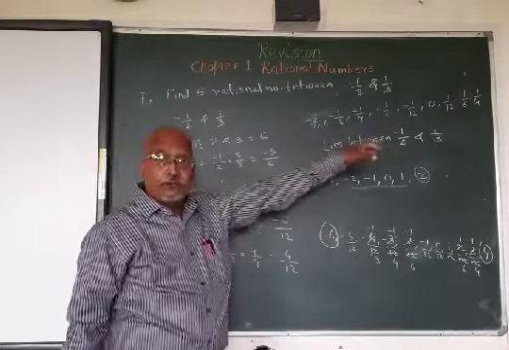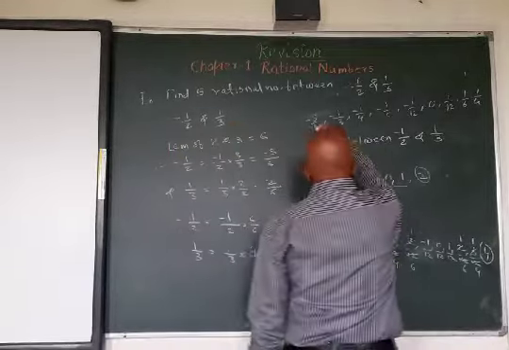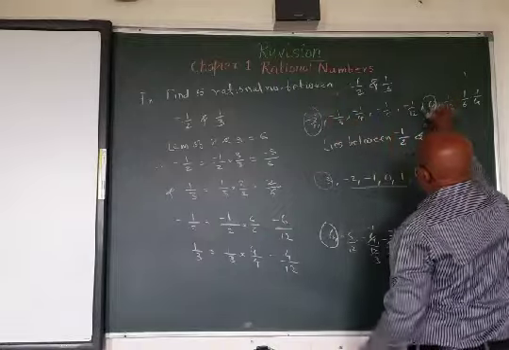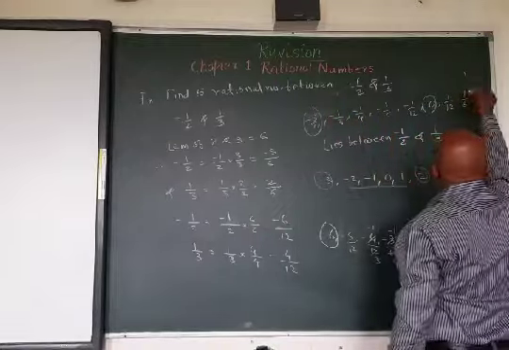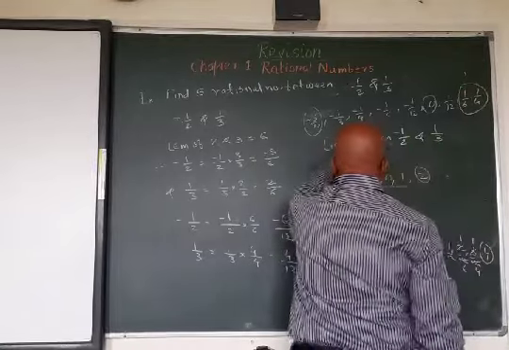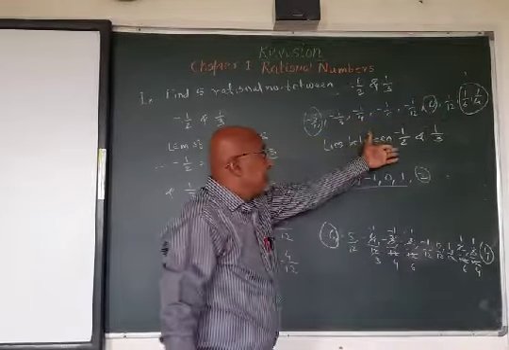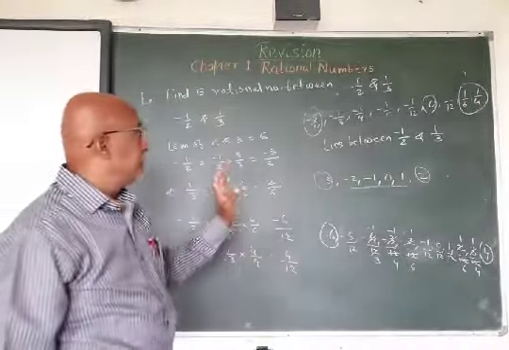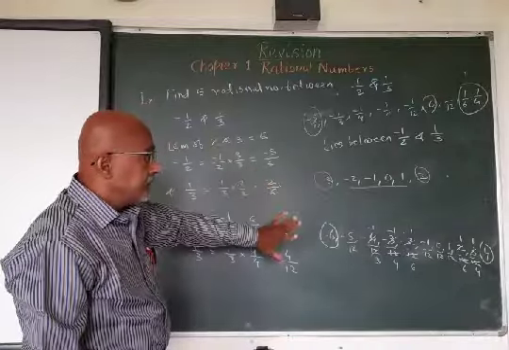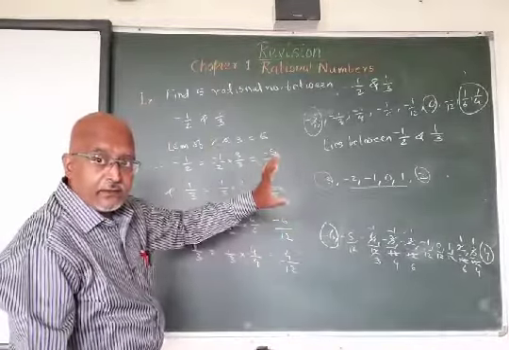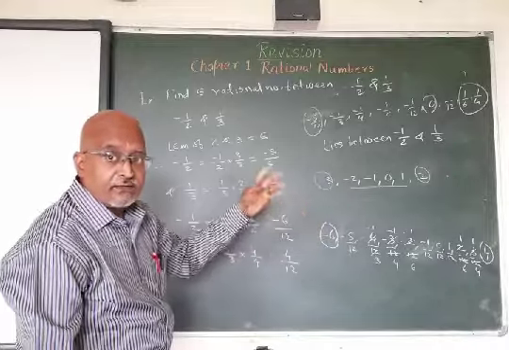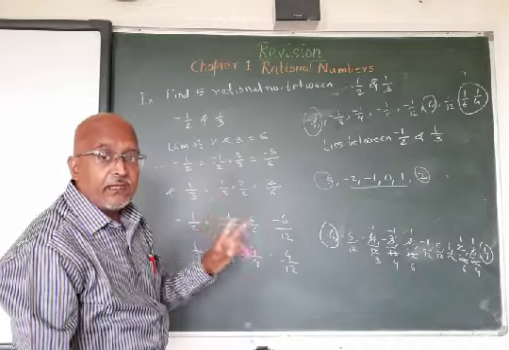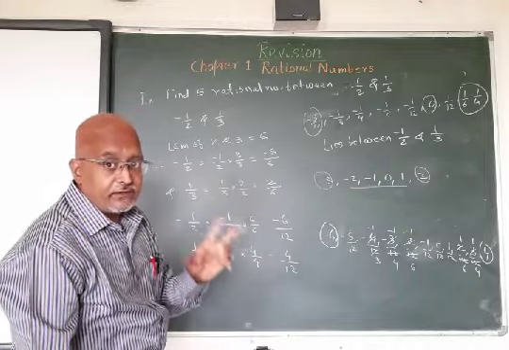So this will be your final result. Now in here you can cancel this, you can cancel this 4, and you can take one more, cancel this also. You can take these 5 numbers as lying between these. Got it clear? So this is the way how we can show the numbers lying between two rational numbers. We can show infinite number of rational numbers lying between two rational numbers.